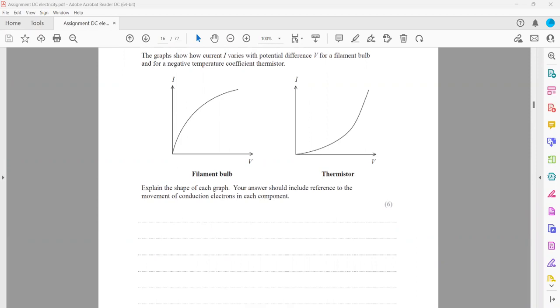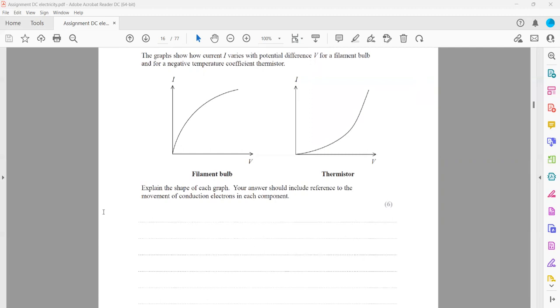This will increase the number of collisions, because what will happen is more electrons will collide with the lattice of positive ions. So this will increase the temperature. And as the temperature increases, the particles will move faster. So there will be an increased rate of collision between the electrons and ions or atoms, which leads to a high resistance. So the points which you will mention here,